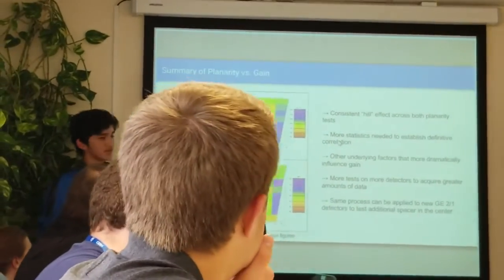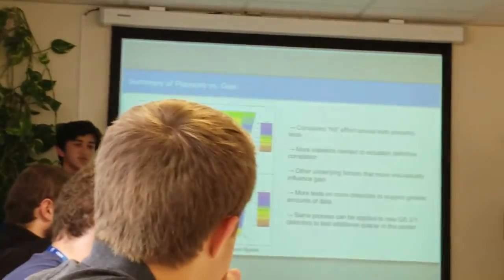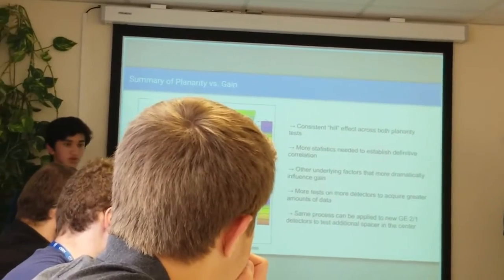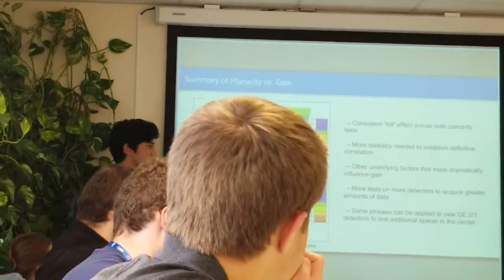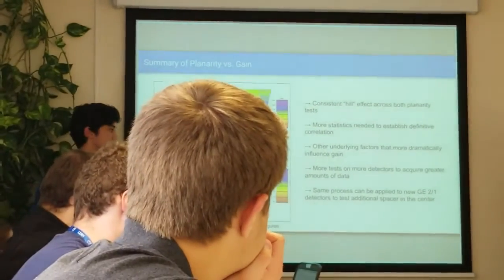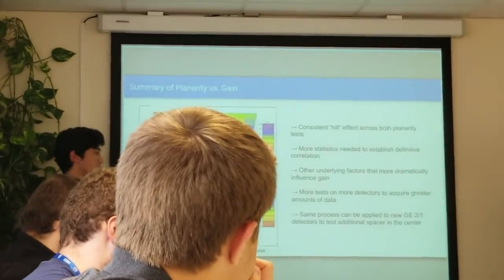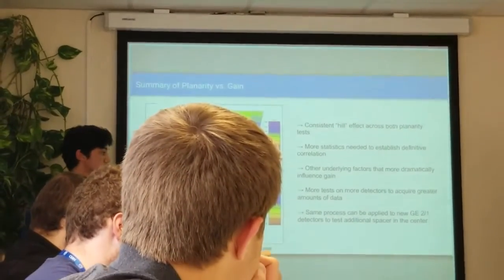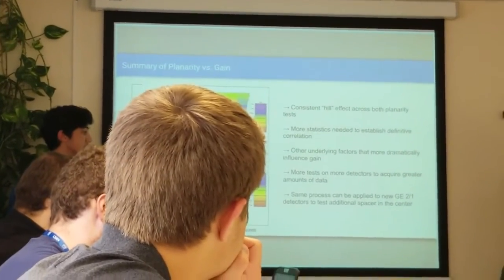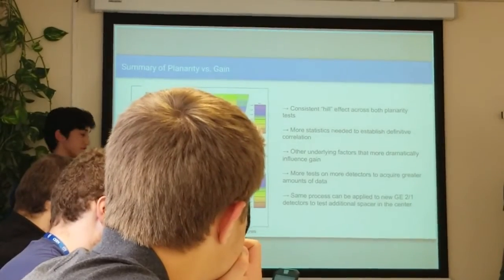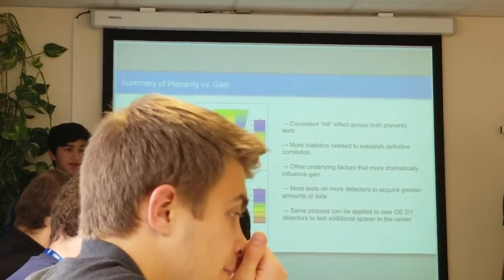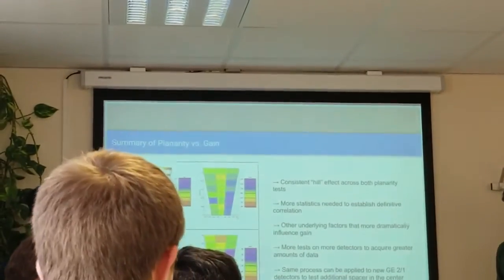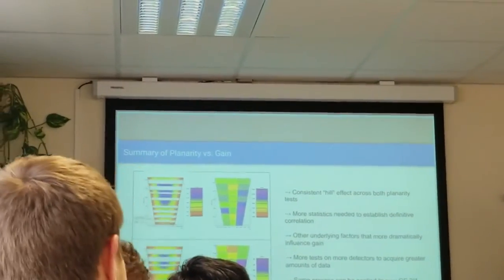So when looking at this overall, we're going to need more statistics to establish a definitive correlation. When looking at the last one, we did find some sort of correlation, but we need to run more tests and on more detectors to acquire more data to analyze this further. Another thing that we can do for the future is apply this same process to the new GE21 detectors, which are going to come into development soon. They'll have an additional spacer in the center, and basically this will allow us to test the effectiveness of that by comparing